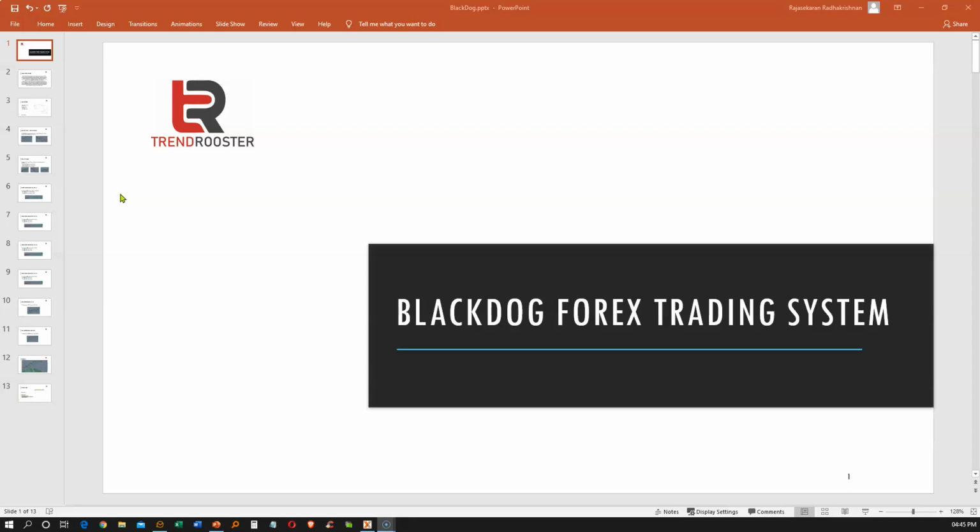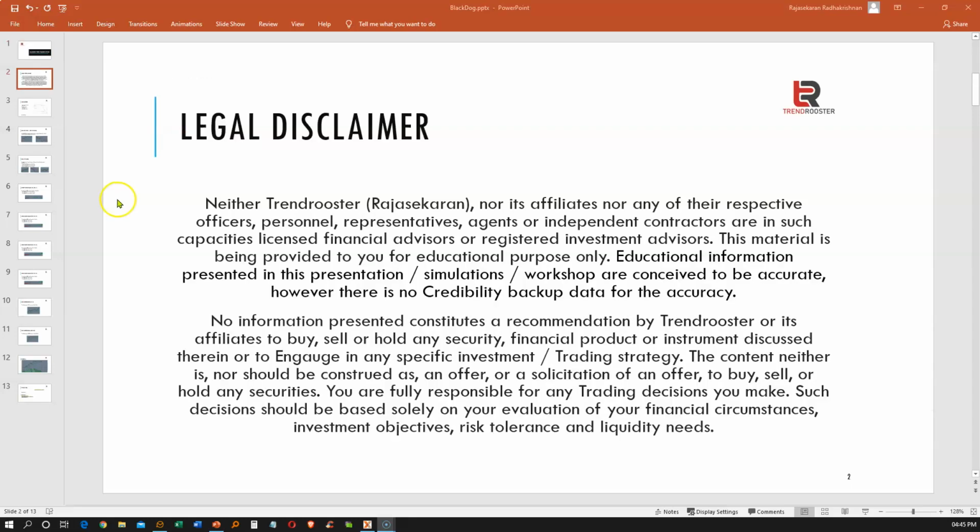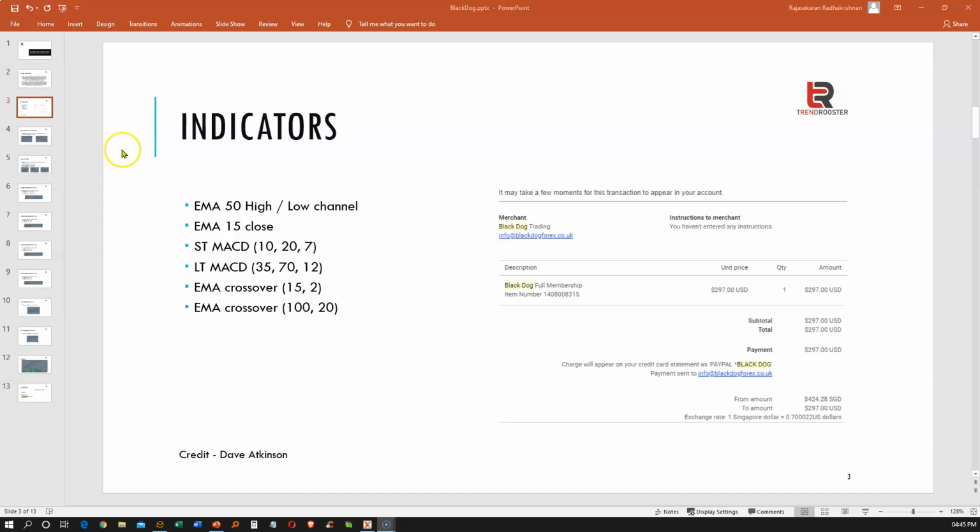Let's move on to the next slide. A legal disclaimer, kindly read it clearly. All right, let's move on to the next slide. Okay, the indicators, let's move on to the indicators. Before the indicators, I wanted to show you that